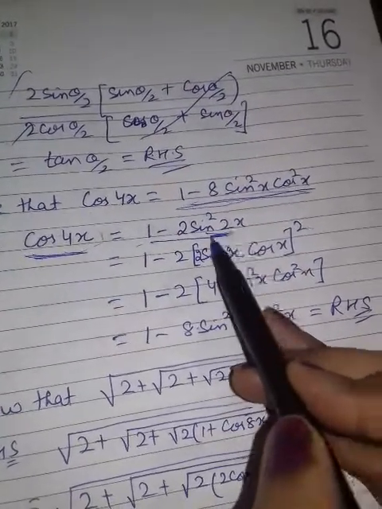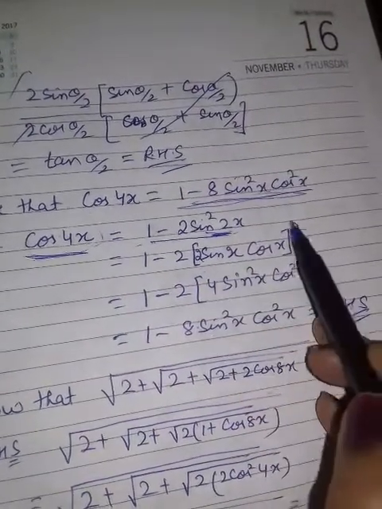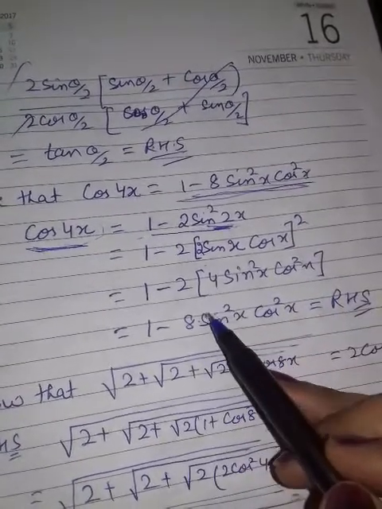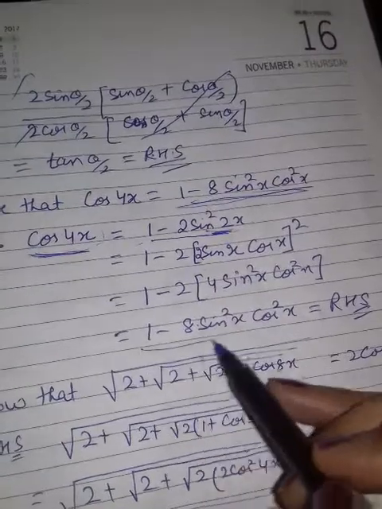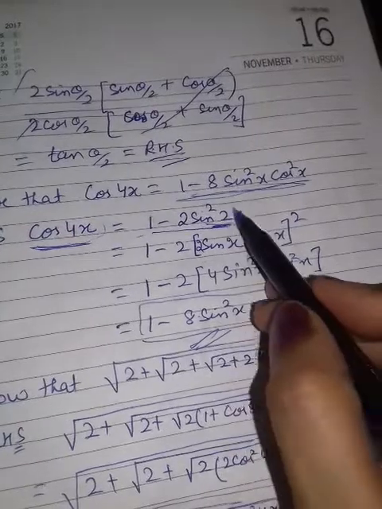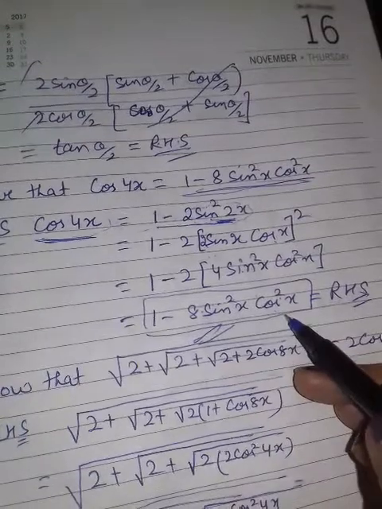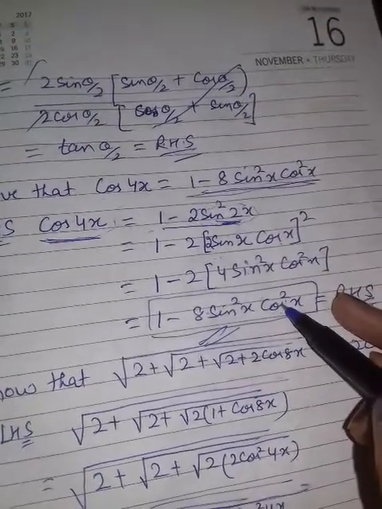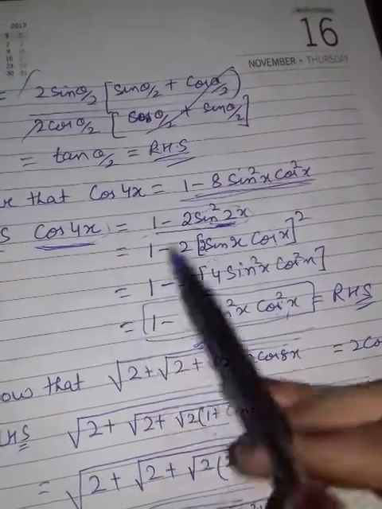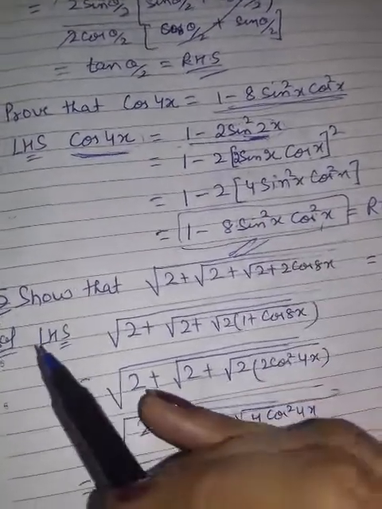Now I put the value of sin 2 theta again. 2 sin x cos x whole square it will become. Clear? Then you will open its square. It will become 8 sin square cos square. So this is your right hand side. Hence proved. Clear? Why are we using this identity? You know sin 2 theta is what? Similarly, by using it, it is coming in this manner. It depends on you how you will treat it. It can be lengthy also. But because of the right hand side observation, we know that it can be done easily.